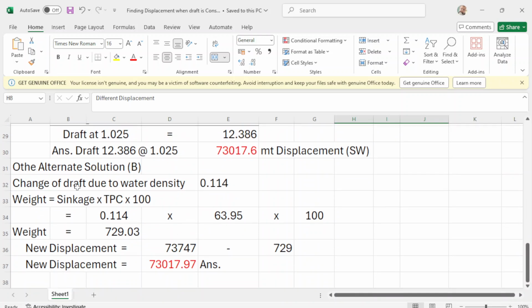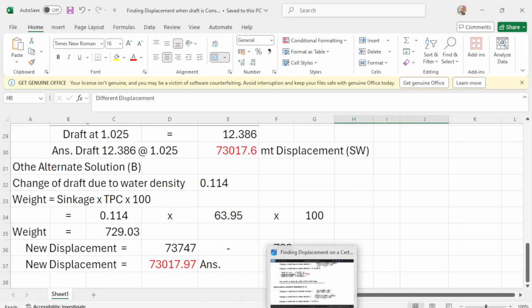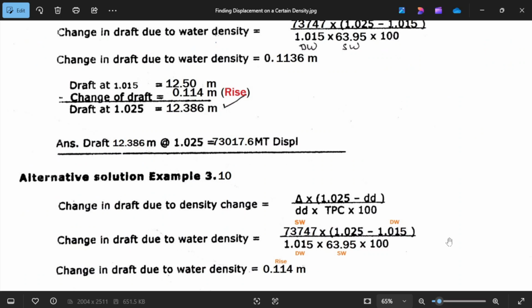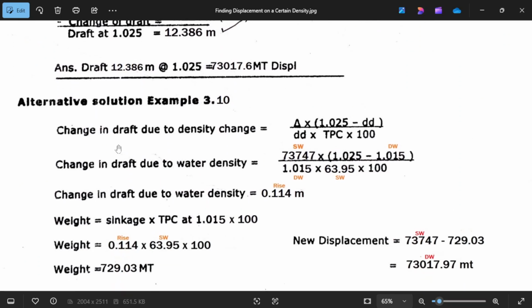Okay, the change of draft due to water density is 0.114. This will be the formula, guys. This is the third solution. So again, you compute for the change of draft due to water density. This is the formula: displacement times 1.025 minus your local density, over your local density, times TPC times 100.